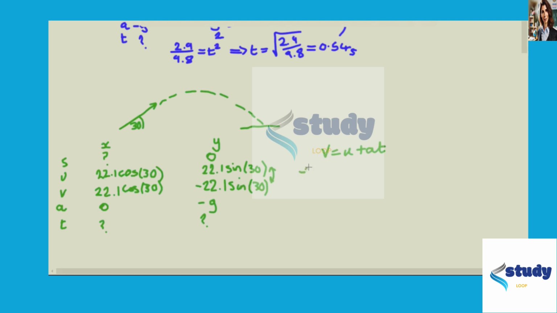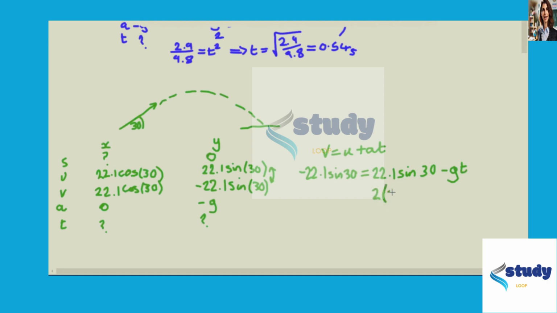So substituting, we have negative 22.1 sine 30 is equal to 22.1 sine 30, and then minus GT, and we can rearrange for G. The next thing to notice is we can take the negative 22.1 sine 30 from the left hand side, move it to the right, and the negative GT from the right and move it to the left. So we actually get